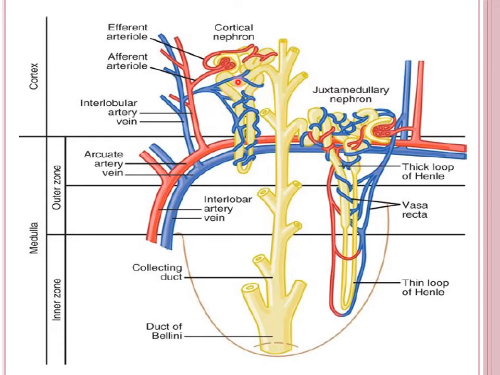Here you can see this is the peritubular capillary network around the cortical nephron. This is the cortical nephron. Similarly, here this is the afferent arteriole and this is the efferent arteriole, and in between is the glomerulus. Here the efferent arteriole will continue as the vasa recta. You can look at it, this is the vasa recta, the capillary network around the juxtamedullary nephron. This vasa recta basically looks like a loop. Both this vasa recta and the peritubular capillary have their own significance.